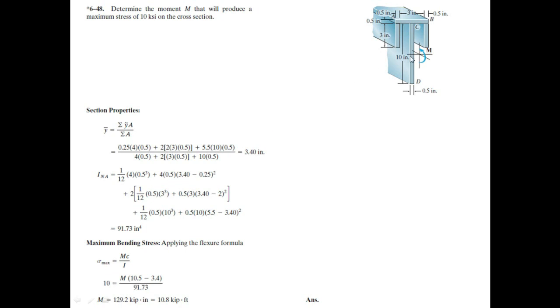अगेन टॉप मोस्ट हाइट फ्रॉम यहाँ से यहाँ तक कितना हो जाएगा? अगर आप और से देखें तो बेसिकली इन्होंने टोटल हाइट उसकी पूरे सेक्शन की दे दी है, तो वो कितना हो जाएगा? 10.5 माइनस आपके पास 3.4, ये आपके पास हो गया। इसको माइनस कर देंगे अगर हम, तो और आई कितना निकालता है? 91.73। तो यहाँ से एम कितना आ गया आपके पास? सिंप्लीफाई कर दें, एच एस के अंदर आया 129.2 किलो पॉन्ड्स इंच, और अगर उसको फीट में कन्वर्ट करना है तो ये बनेगा 10.8 किलो पॉन्ड्स फीट। ठीक है।